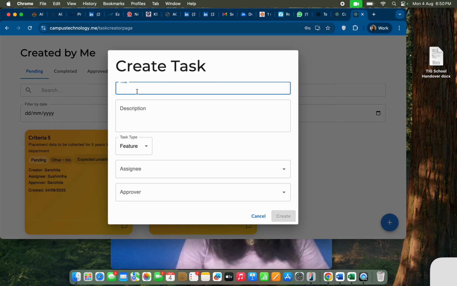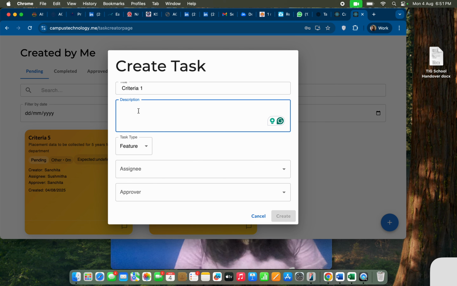For example, I'll do criteria 1, and I'm showing NAAC related work, to see how it comes if that is designated. Now you can say, collect value added courses from all departments.